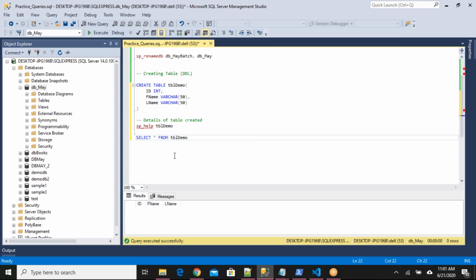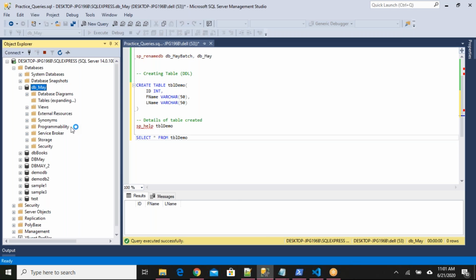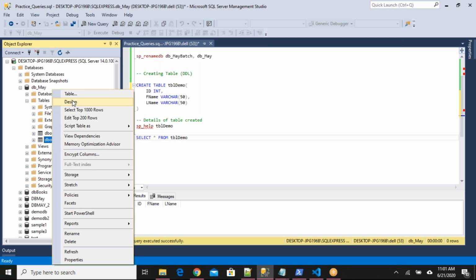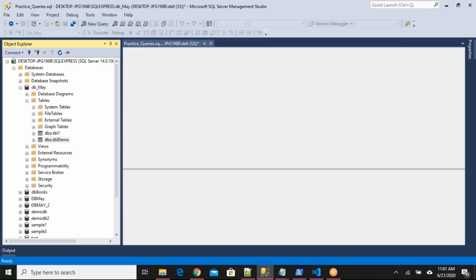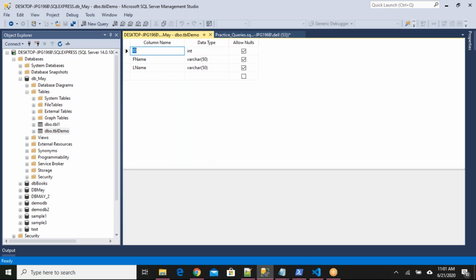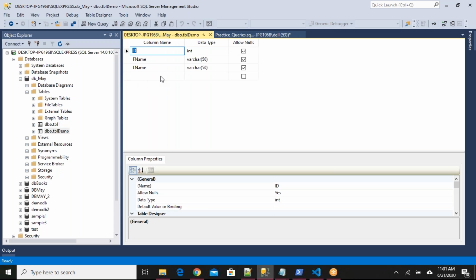You can execute the query, and the other option is you can go to your table, and the design option is there. Go here. From here also, if you want to add a new column, type here, for example, location, varchar of 50, and save it.